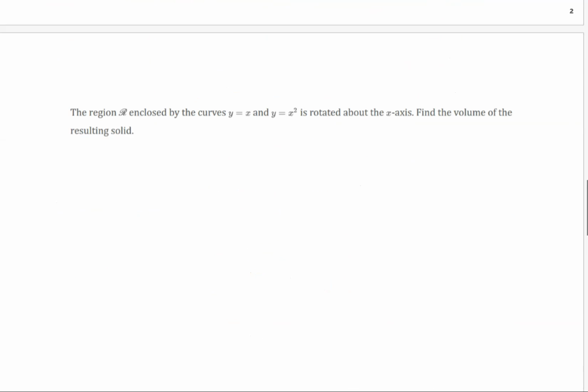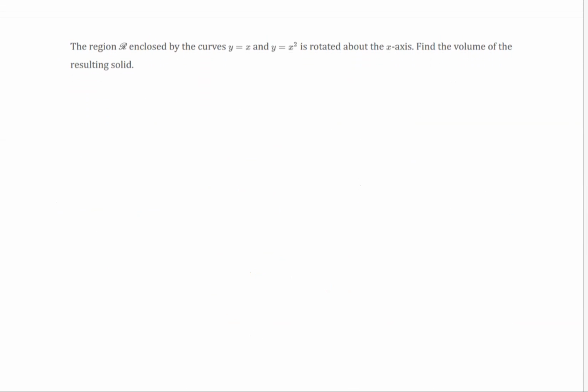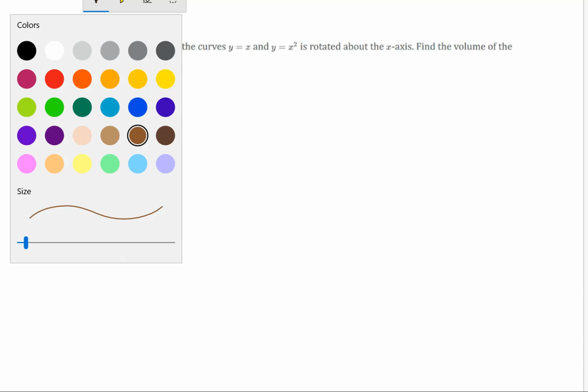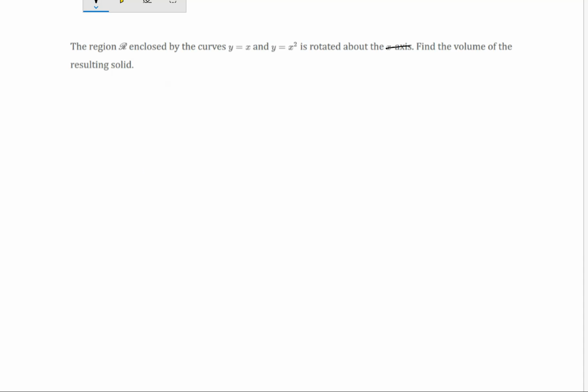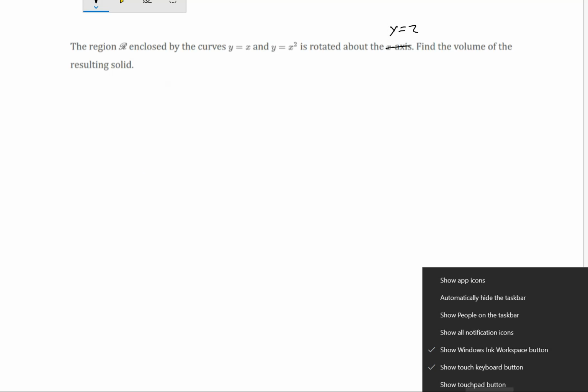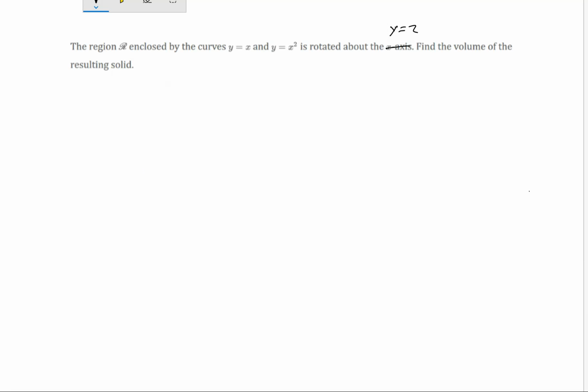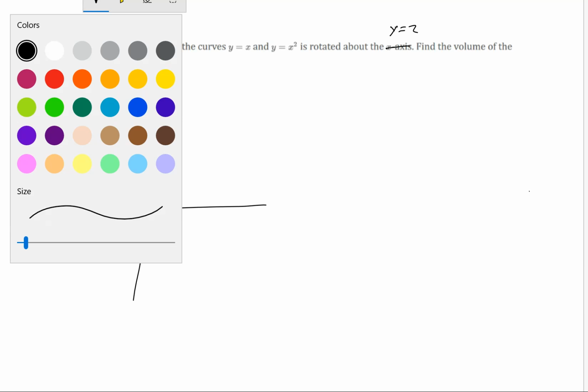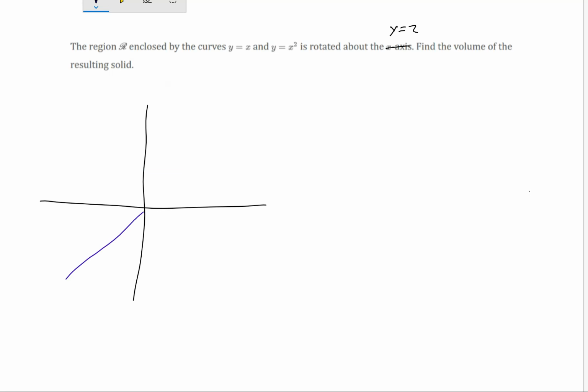Okay, now let's take that same shape, and I'm going to rotate it instead of about the x-axis over here. Let's go around with the line y equals 2. All right, so I'm changing then what we're rotating about, okay? But I'm keeping those same lines because I think it's instructional to keep the same shape and just change the axis of rotation so you can see how the radius changes and not have to worry about too many